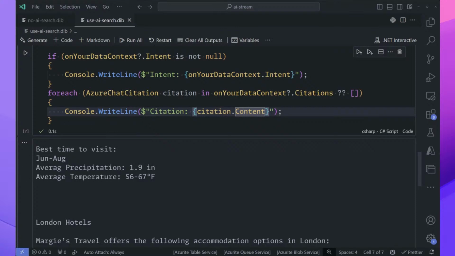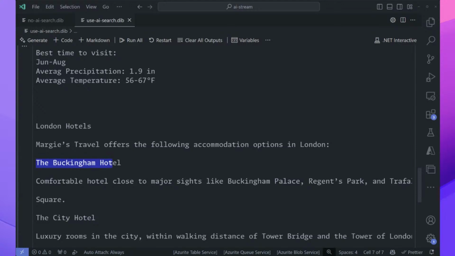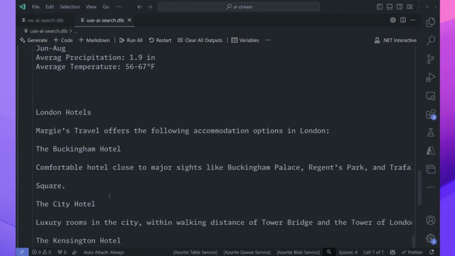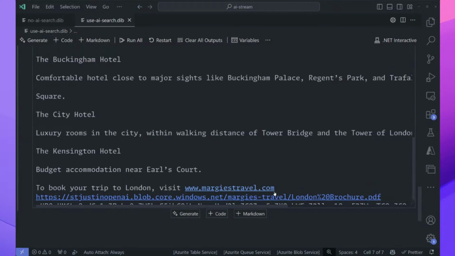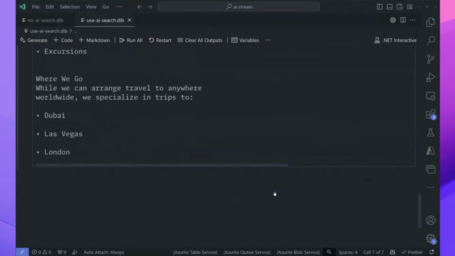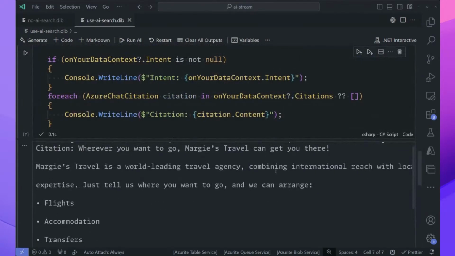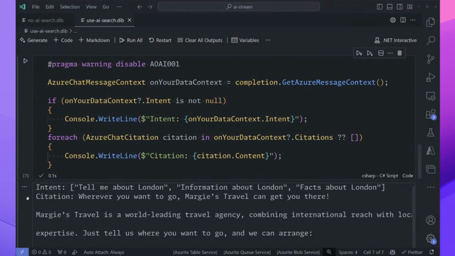So here we are. Here are the different bits of information that were found from our documents that we uploaded that are relevant to London. And then we can see here the various hotels. So the Buckingham Hotel that it referenced, near Buckingham Palace, City Hotel, Kensington Hotel, and there is our website, and ultimately additional information such as the URL of the blob that was there that we can go and have a look at. Whoops! I realized that I've scrolled way past where I thought I was. There we are. So all of that information, like I said, has been extracted from the PDF that had,